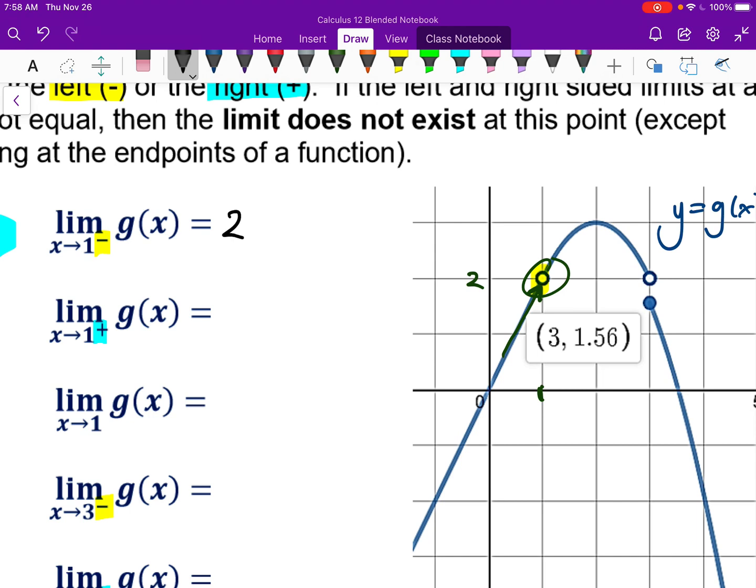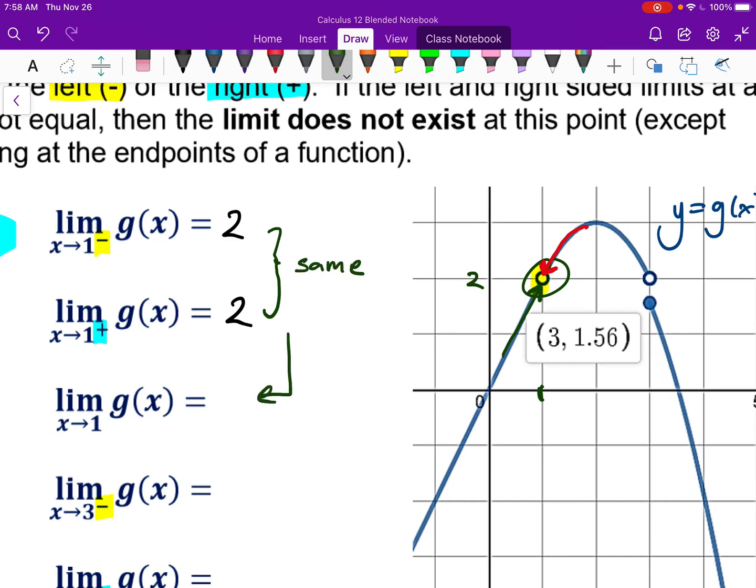This next limit, that little plus sign there, means the exact same idea, but we're approaching from the right. So I want to imagine looking at this curve and getting infinitely close from the right towards that point. What's my output getting infinitely close to? Well, again, it's 2. So regardless of whether I'm approaching from the left or the right, I get the same value. And anytime we have the same limit when we approach from the left or the right,